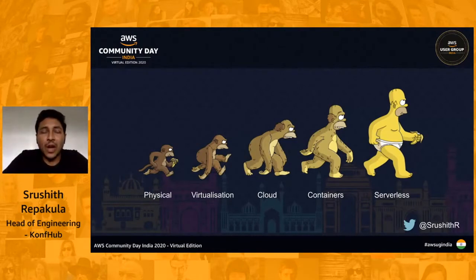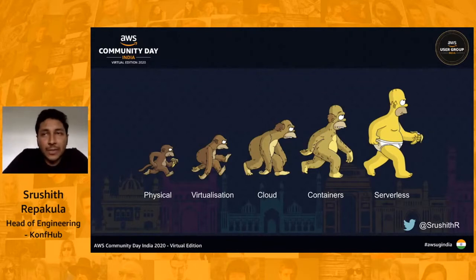And with serverless, it is all about the business logic that we write and nothing else. We don't have to manage any infrastructure or any sort of scaling and stuff like that. We don't have to worry about anything. The cloud provider, in this case AWS Lambda, takes care of everything for us. And as an individual developer, our main focus is to just write business logic and solve real world problems. So that is what serverless is. I'm pretty sure most of you have already explored it, or from the previous sessions have understood what serverless is. So without getting much deeper into the introduction part, I'll just get started with the topic for the day.